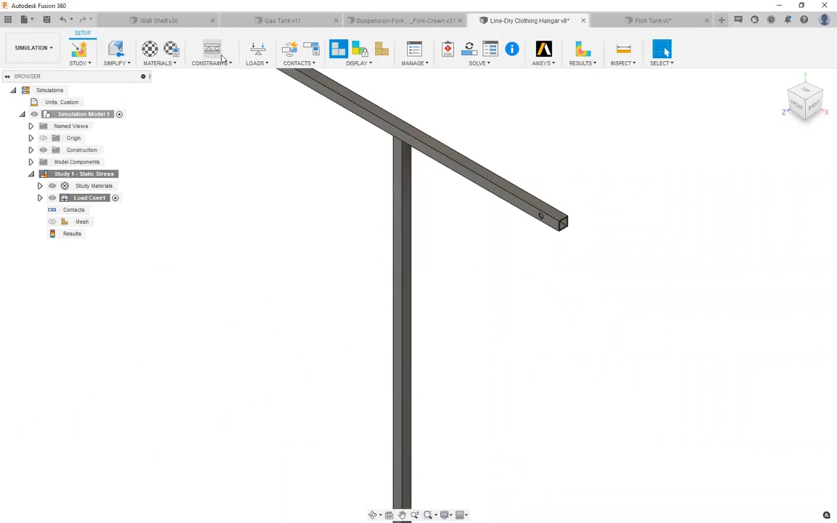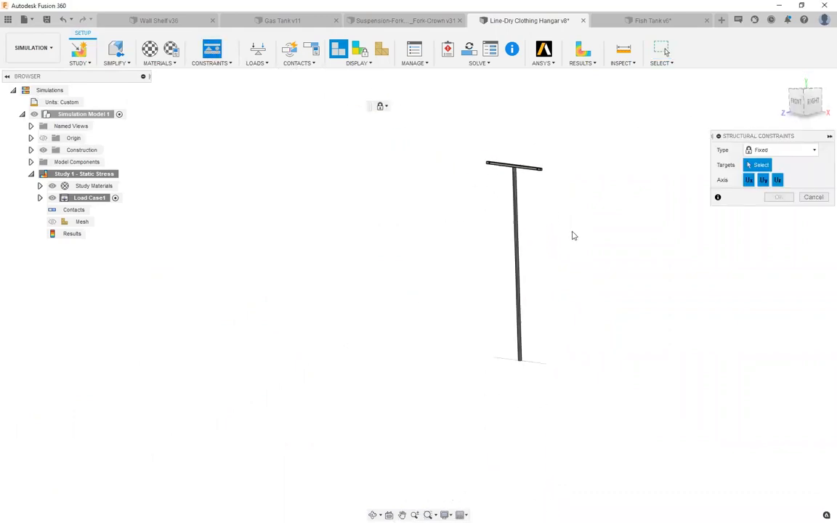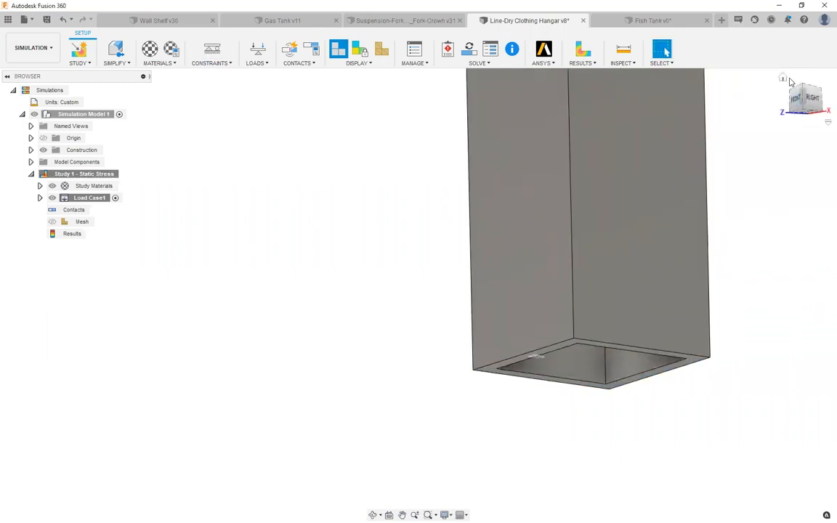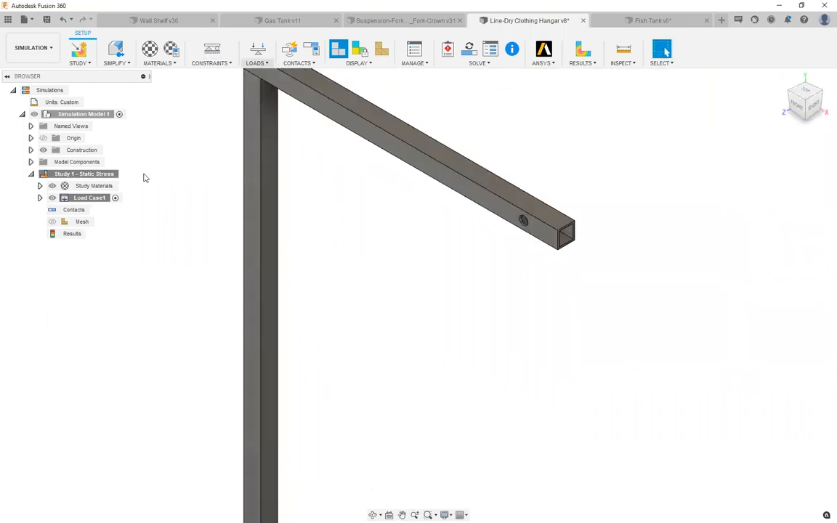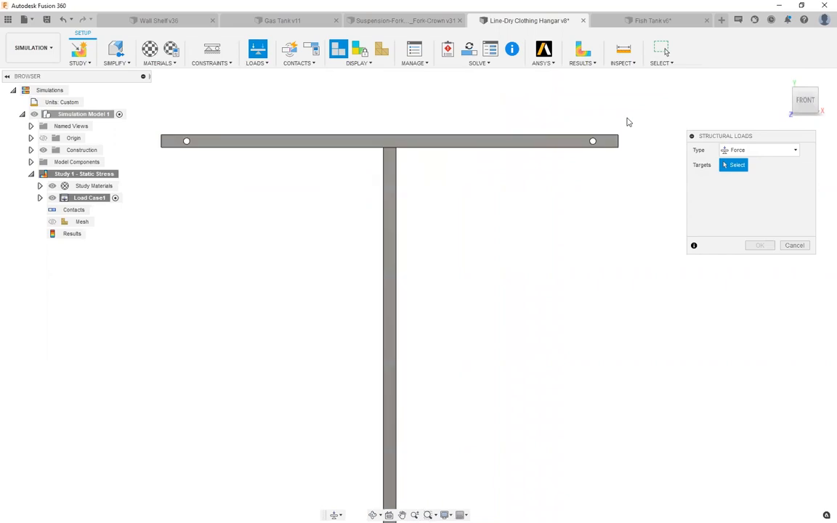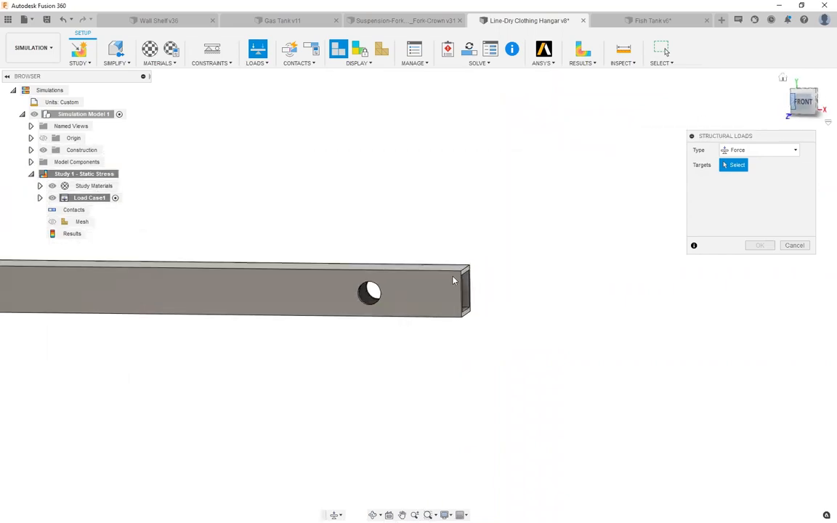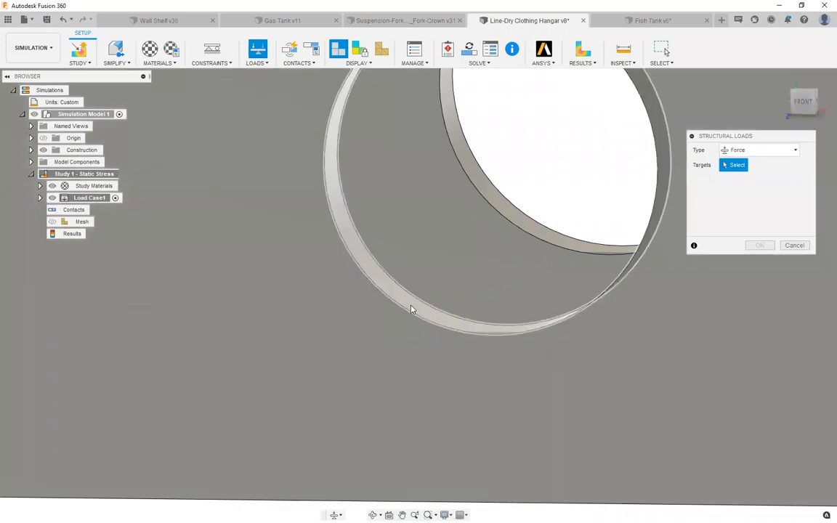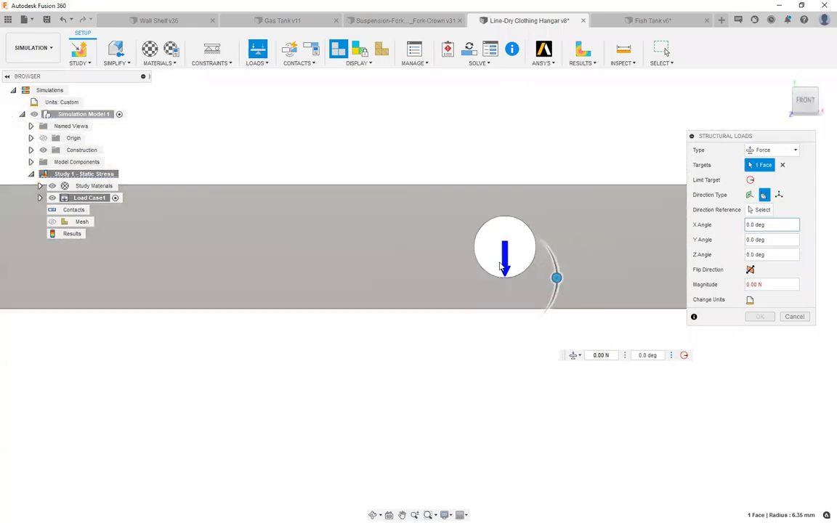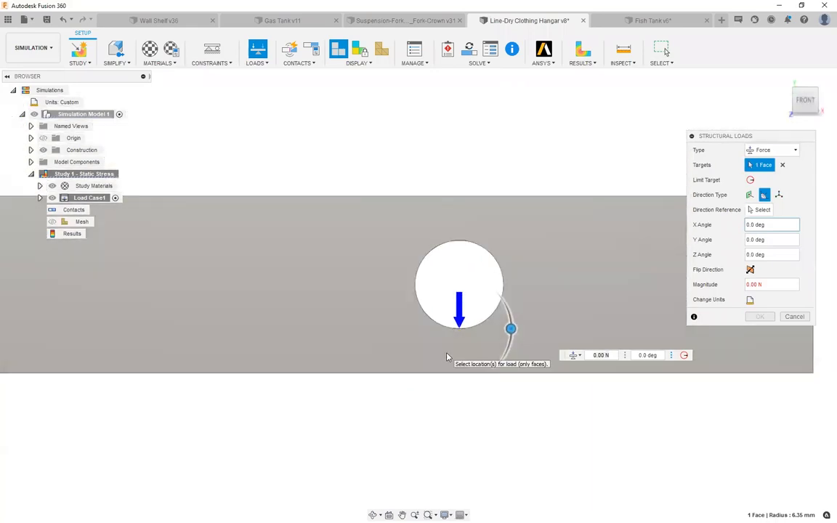So let's go ahead and constrain the bottom face first, and then we can talk about loads. All right. And now that we constrained the bottom, let's go ahead and apply a load here. So we wouldn't want to apply a force, for a similar reason as the gas tank,